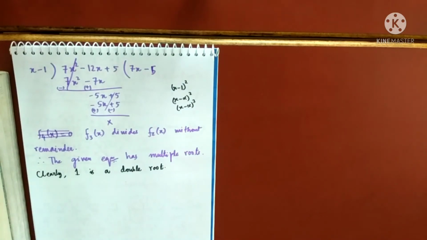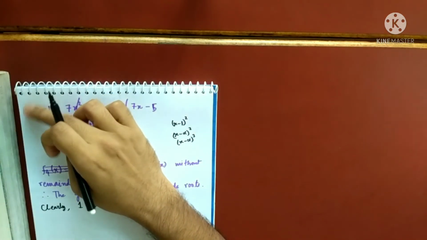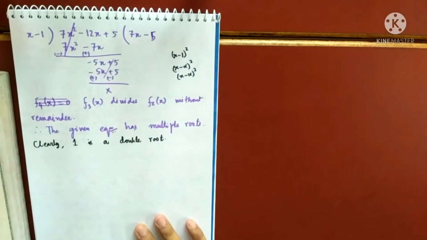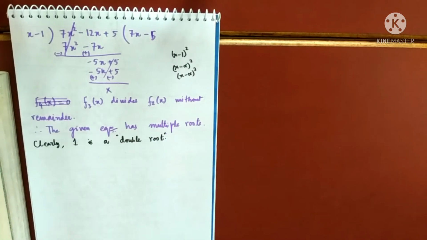Just by looking at the last non-zero remainder, which is x minus 1, I can understand why 1 is a root, because if I equate x minus 1 to 0, I get x equals 1. And why it is a double root? Remember, whatever power is here, one more power will appear in the function. So 1 is a double root. I am talking about multiple roots. 1 appears twice. But according to Sturm's theorem, whenever there is a multiple root, it will be counted only once.